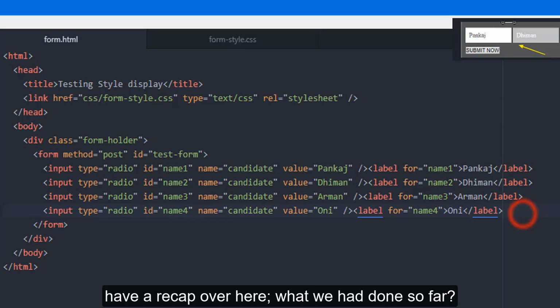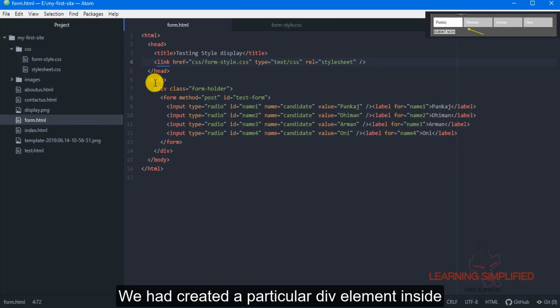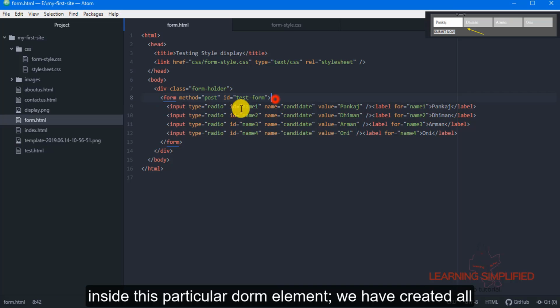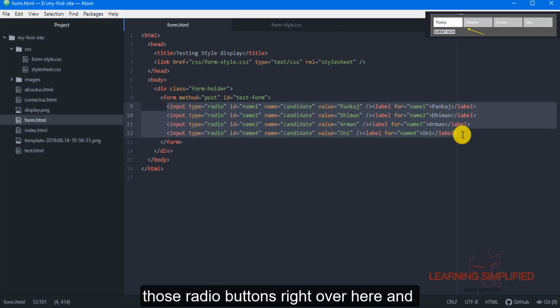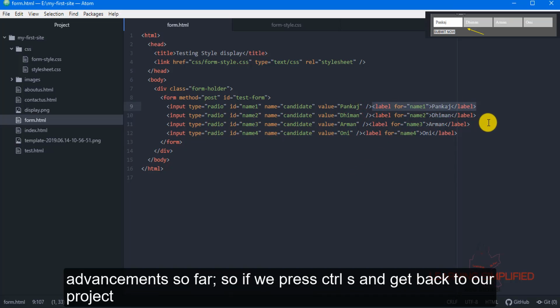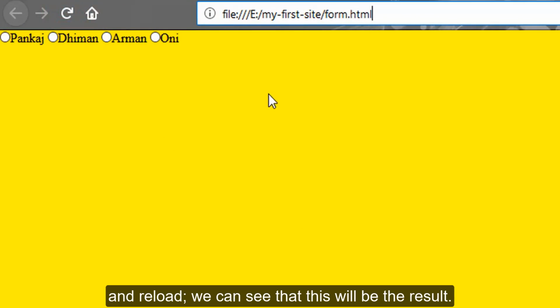So let's have a recap over here. What we had done so far: we had created a div element inside which we have created a form element, and inside this form element we have created all those radio buttons, and we have provided some labels against them. This is the advancement so far. So if we press Ctrl S and get back to our project and reload, we can see that this will be the result.